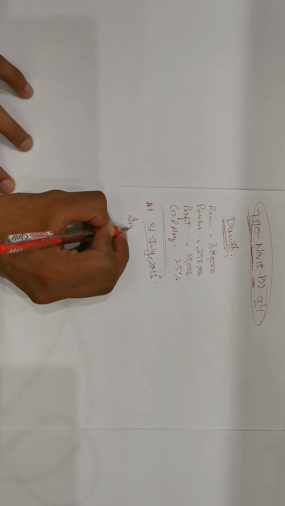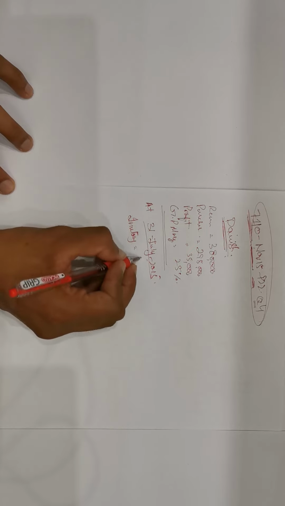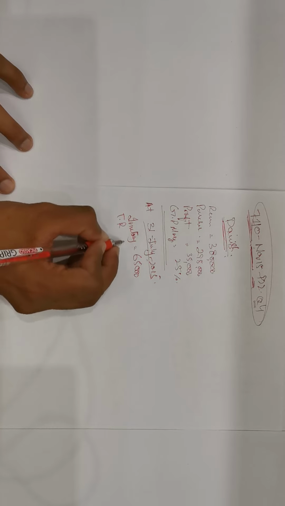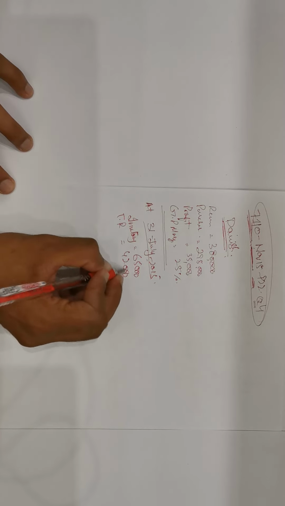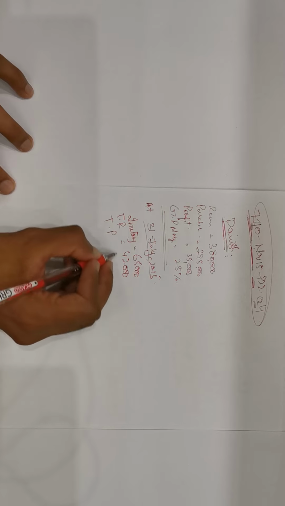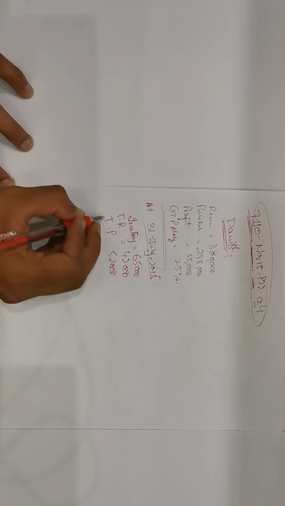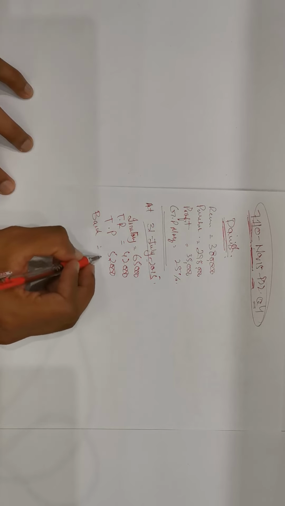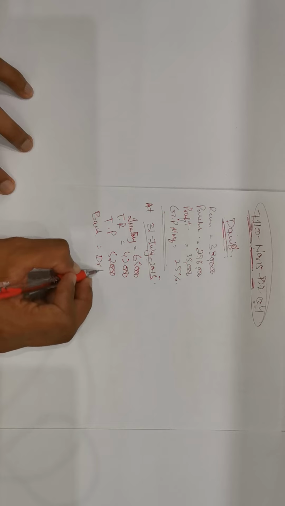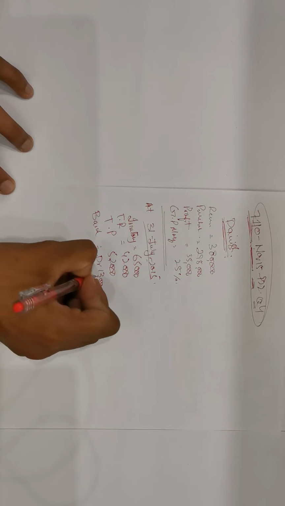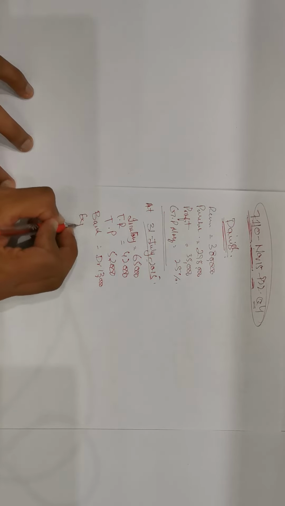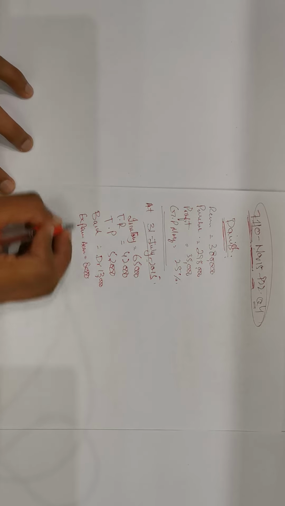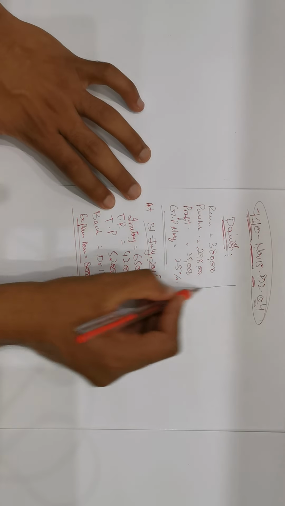The inventory is 65,000, trade receivables are 42,000, trade payables are 52,000, and bank is 13,000 debit, and expenses accrued are 8,000. Now this is the data given, this is the whole data, and